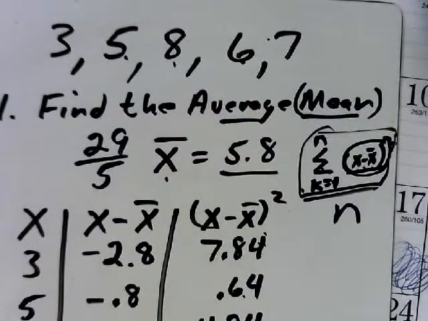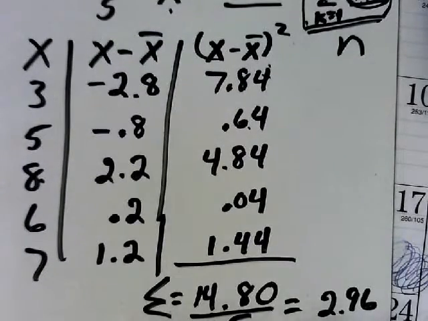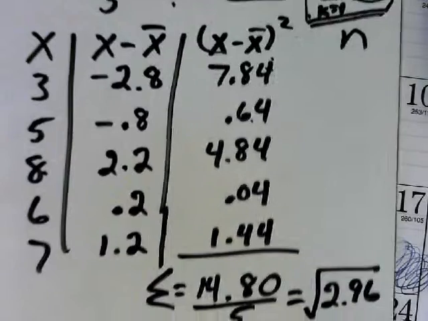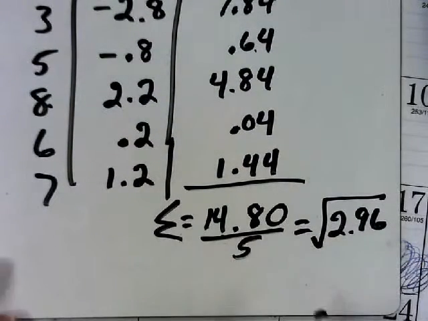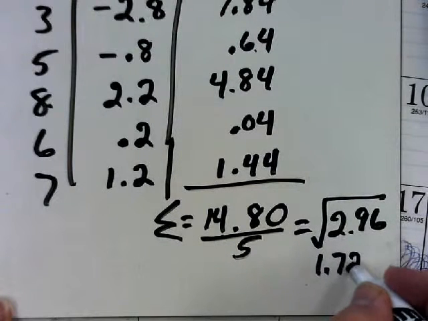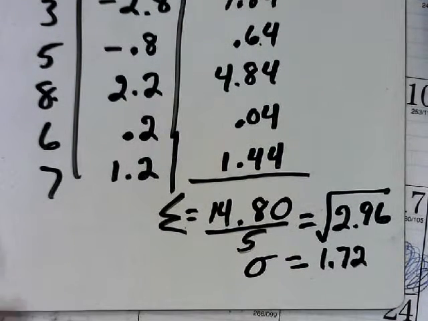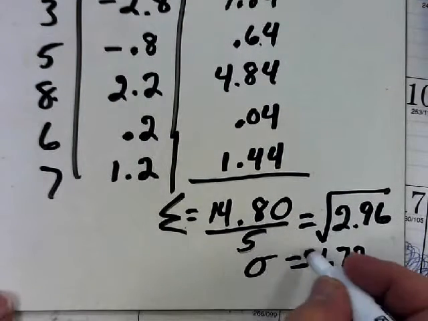Right, 3, 5, 8, 6, 7. Is that your answer? Nope, what do I have to do with that answer? Take the square root of it. So I take the square root of 2.96. 1.720. That would be my population standard deviation. And it would be plus or minus